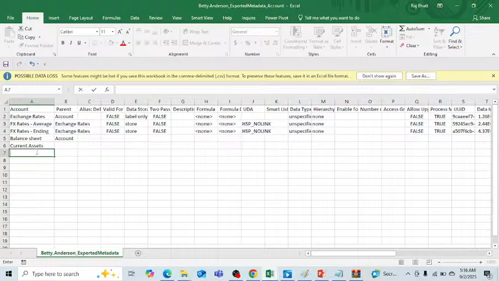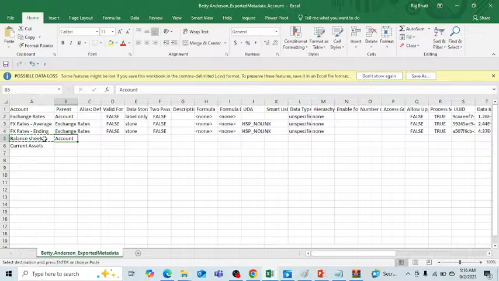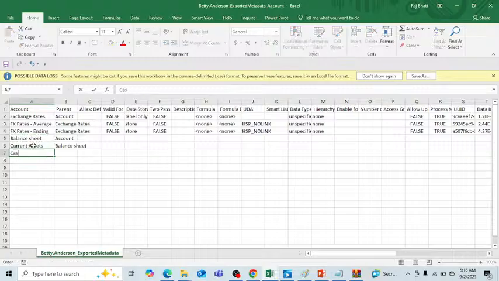First we will mention current assets here. So it would be under the balance sheet, and we will just paste it because balance sheet is its parent member. And under the current assets we will add cash